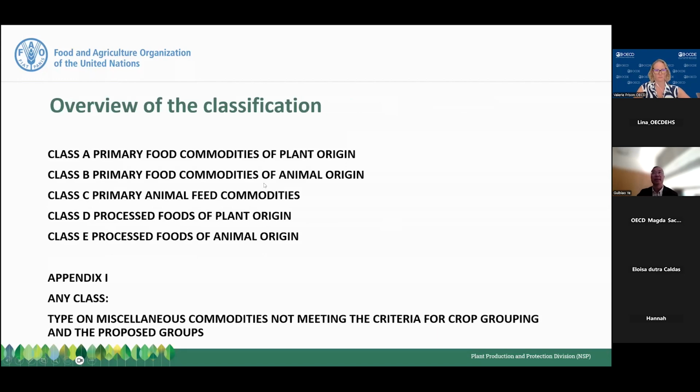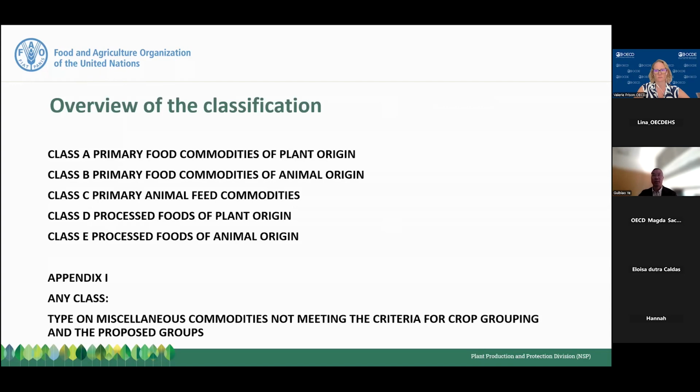So here is the overview of the classification. For the whole classification, we have five classes of commodities. In other words, the crops. For us, the most important one is primary food commodity of plant origin. That means crops. Together with this, we will have the primary food commodity from animal origin and primary animal feed commodity and processed food of plant origin and also processed food of